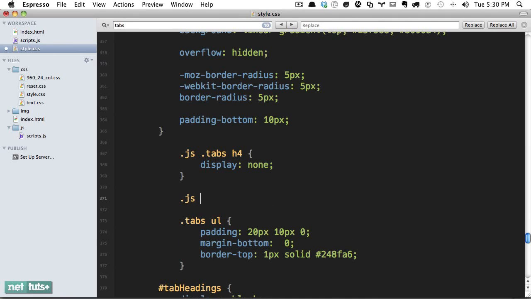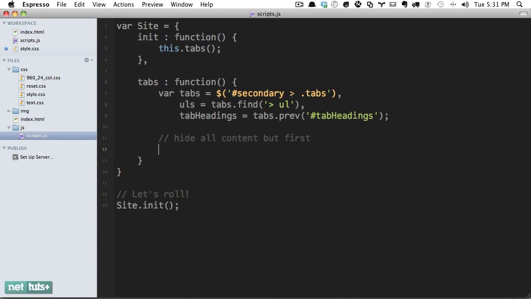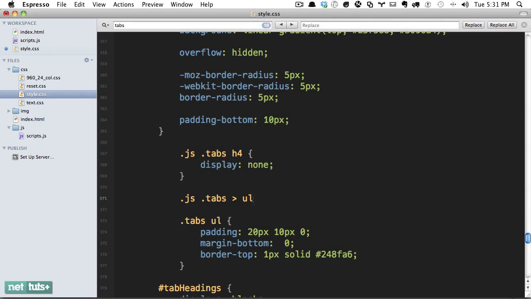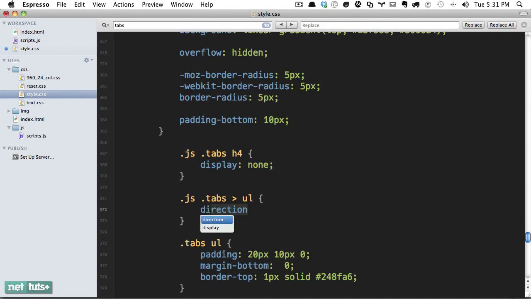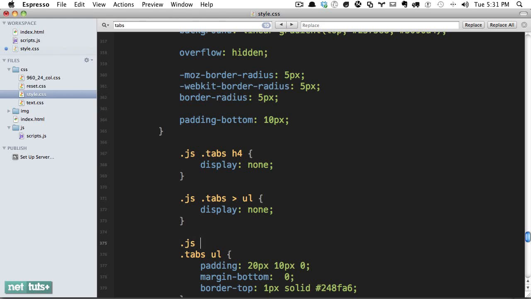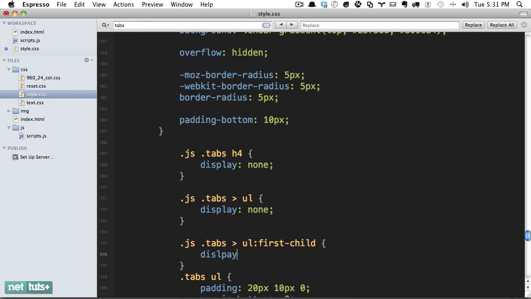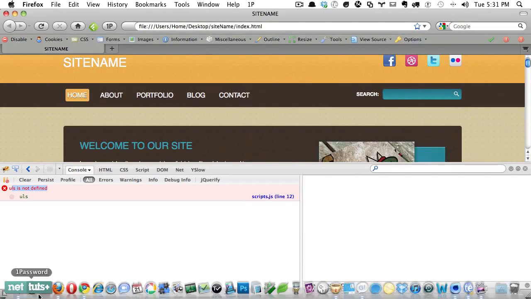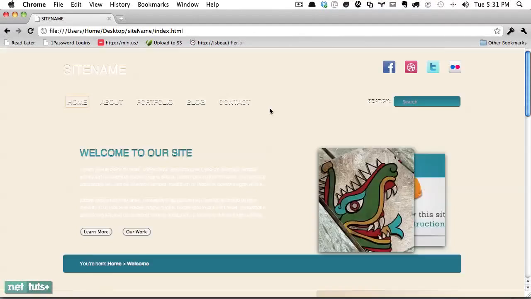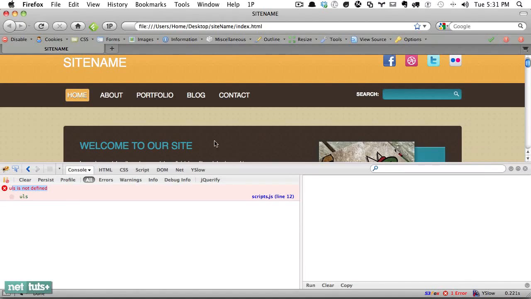And we'll say JS tabs and then get the UL, because remember, we're just mimicking what we have here. So tabs, get the UL, and then we need to hide all of them but the first one. So if you want like this, you could say display none. And then you could do it again and say, but JS tabs UL first child display block. And now if we come back into Chrome, let's refresh, and that's still getting that same effect, even though